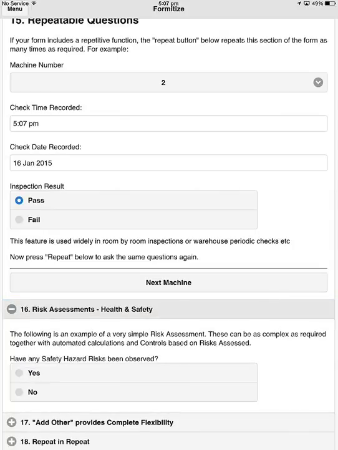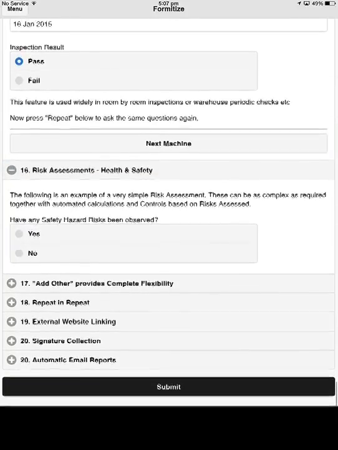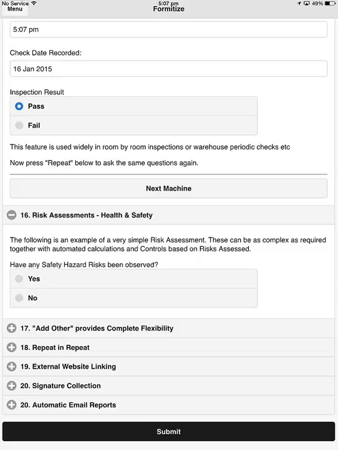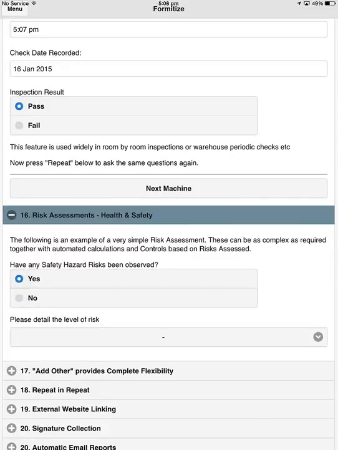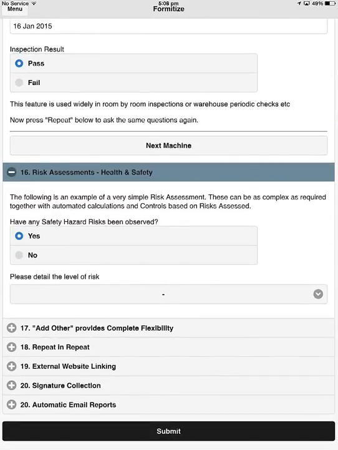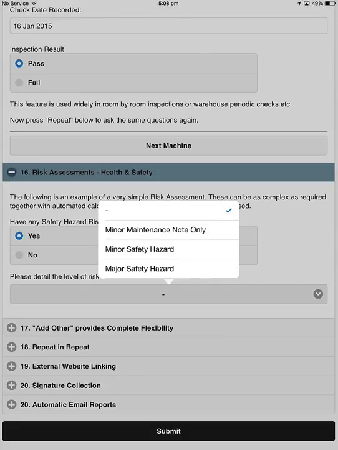Risk assessments. The health and safety side of the app is very, very powerful and is used right across the world. In this particular example, it says, have any safety risks been observed? If I answer no, nothing happens. If I say yes, it asks for the level of risk identified. That provides a drop down of fixed answers. Now each answer will trigger a different action point. If I select major safety hazard,